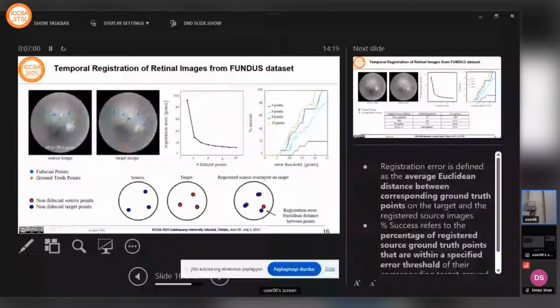and then we would register each of the image pairs, and we see that as the number of anchors increases with the fiducial points, your registration error decreases, and the percent of correctly registered ground truth is also